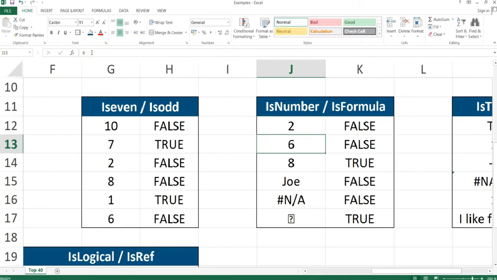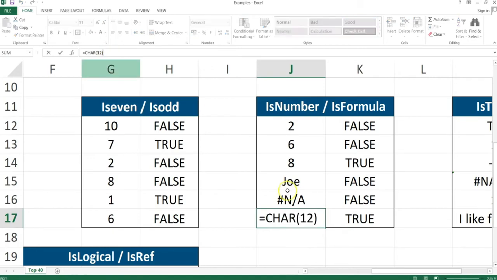But you can see here it has a value of true. Why is that? Because this is actually a sum, the sum of J12 and J13. It's actually 8. So that's why it returns true, and then it returns true here as well, because there is actually a formula. As you can see, this is the formula,